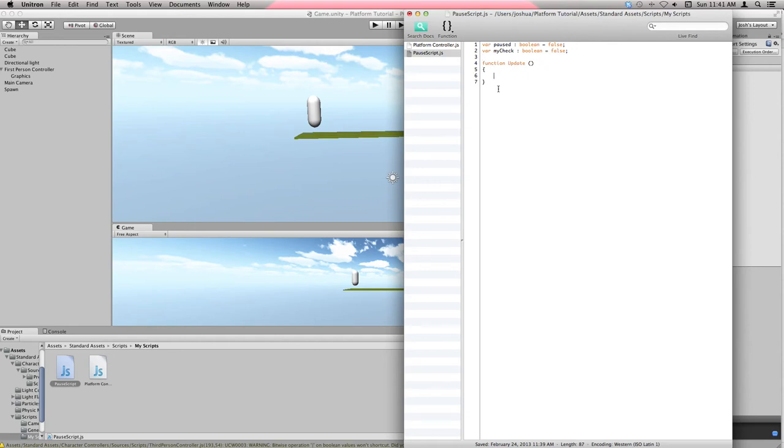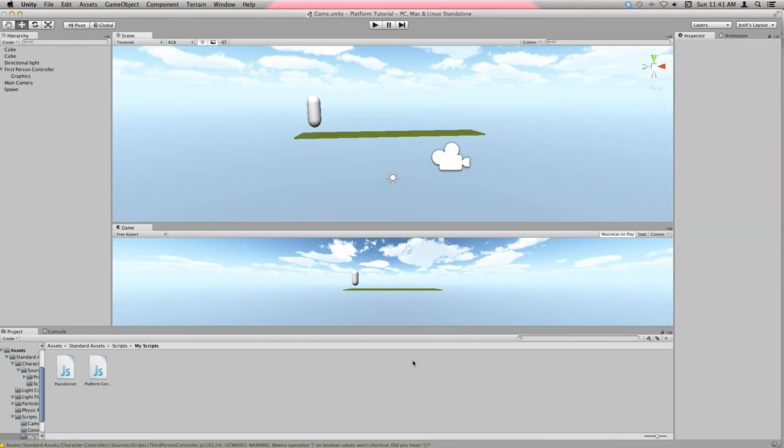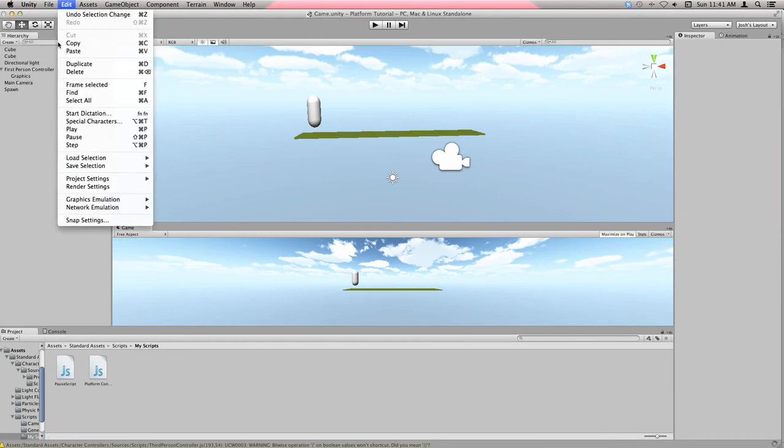So inside the function update, you don't need to put that down there. I just like to put if input dot get button down, and then put two quotes and put pause. I'm just going to save that right there. And to make a pause button, because we put get button down, go into project settings input,